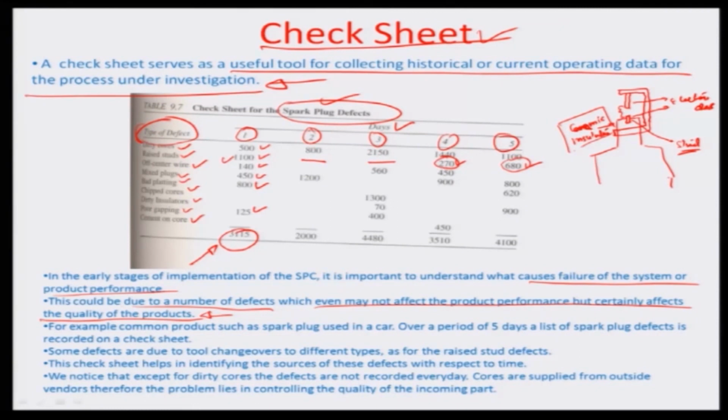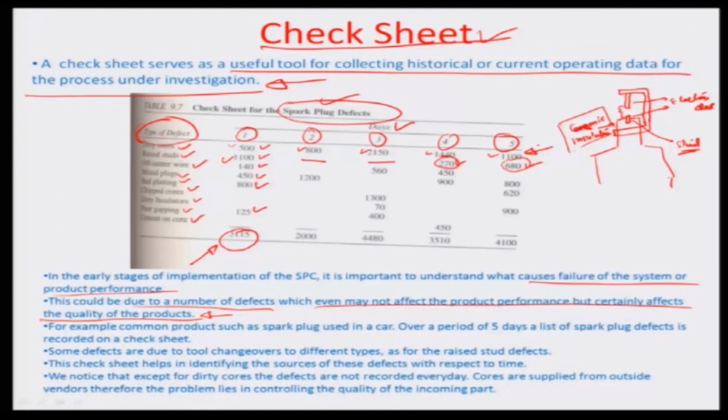You can also look at the fact that dirty cores in fact are recorded as a defect every day, and this is probably more of a control issue from the supplier end, because the cores are supplied obviously by another vendor, and the assembly of the spark plug is from the bought cores from that particular vendor along with the different other components. So therefore this is related to mostly a supply issue, and you can control the quality of supply by either a vendor changeover or doing a process audit at the vendor end,